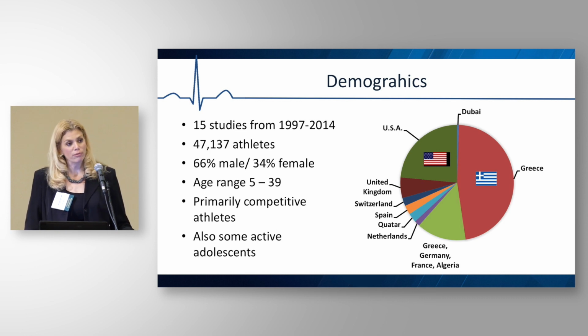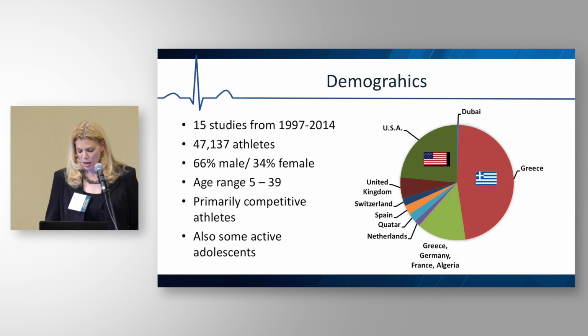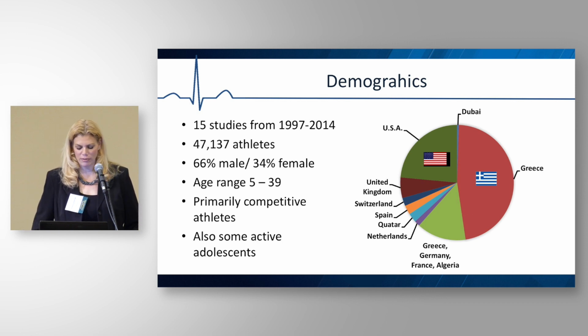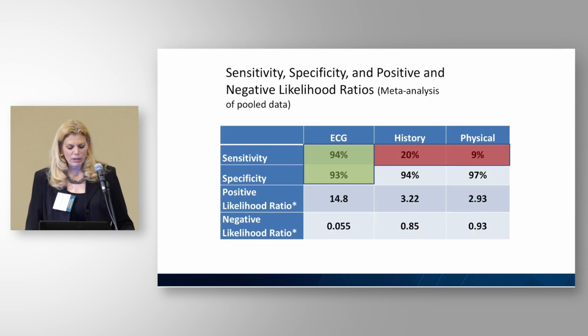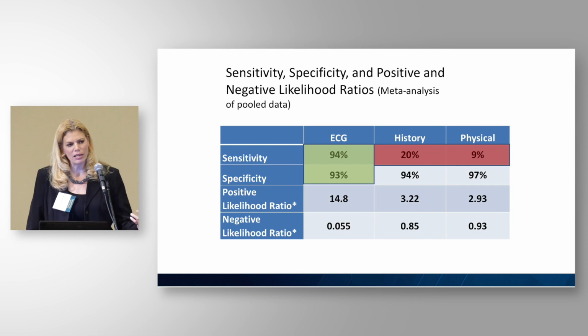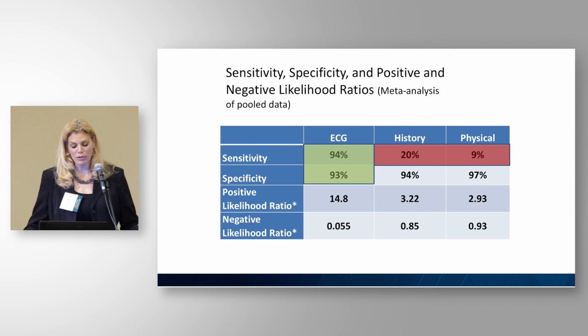The age range was 5 through 39, so again, it's a broad age range, so getting some of the different pathologies in there, which may not be the best. These were primarily competitive athletes, but also included some active adolescents. And what we found again was that ECG was the most sensitive and specific, with 94% sensitive and 93% specific over these 50,000 athletes. And history and physical weren't very good, 20% and 9% sensitive